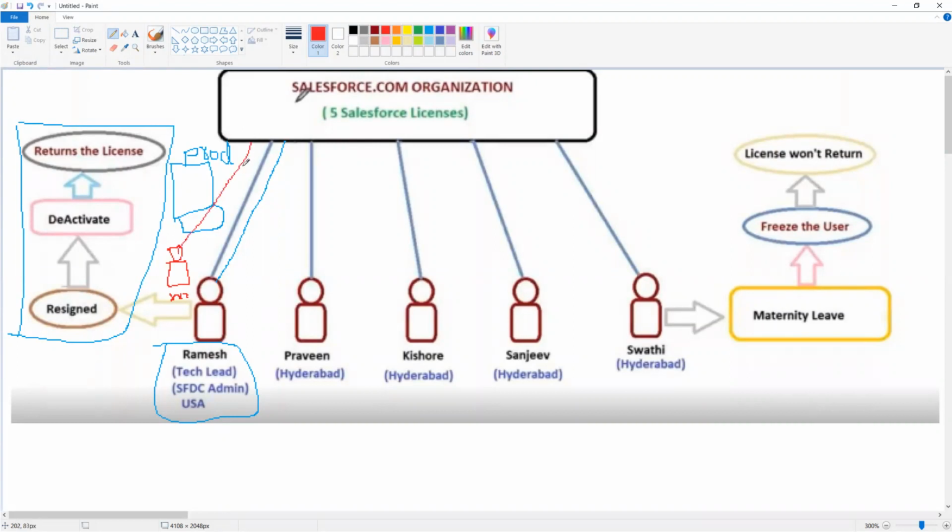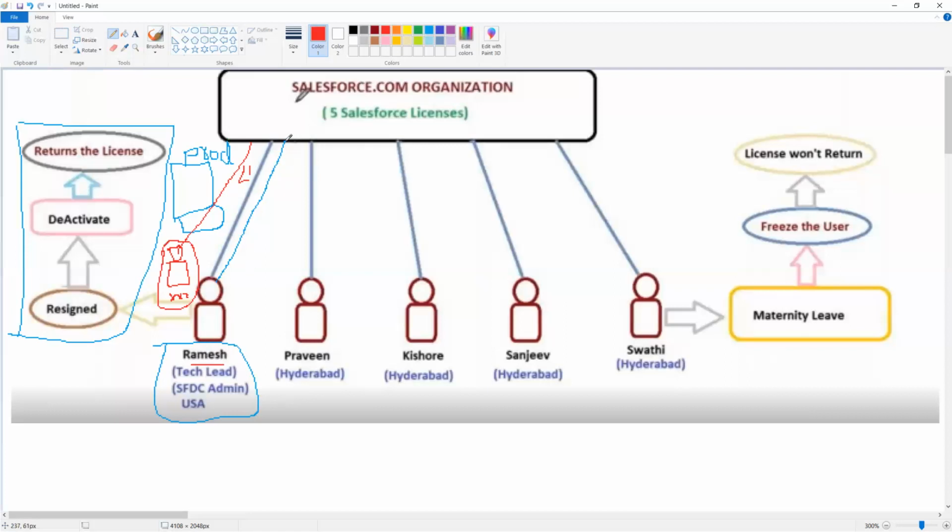Whatever license the previous person used to have, the same license was transferred to XYZ. Once it is transferred to XYZ, later if Ramesh is joining back to the company,